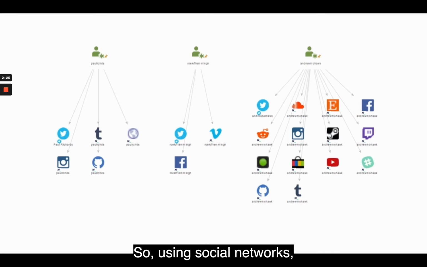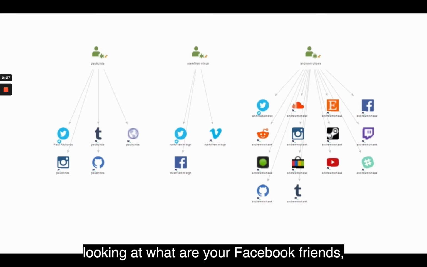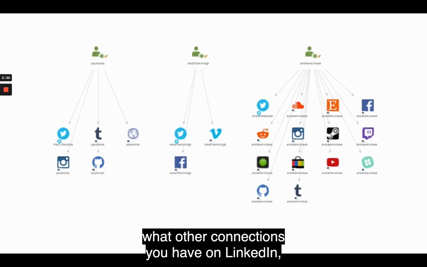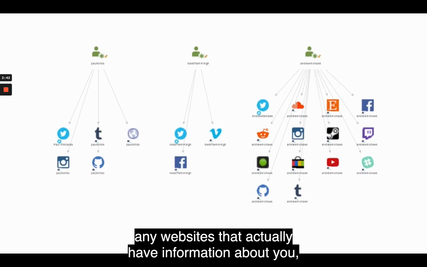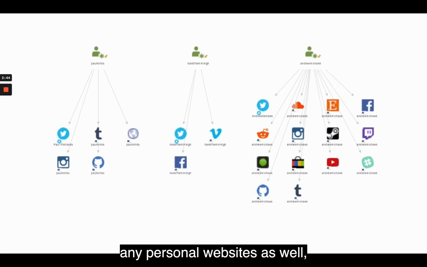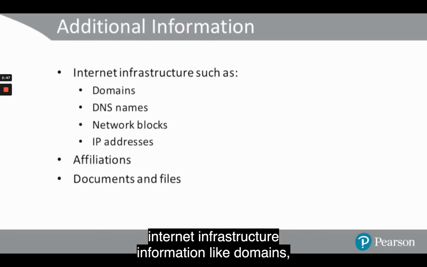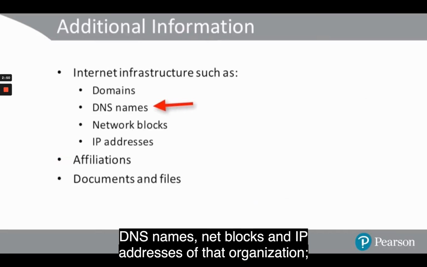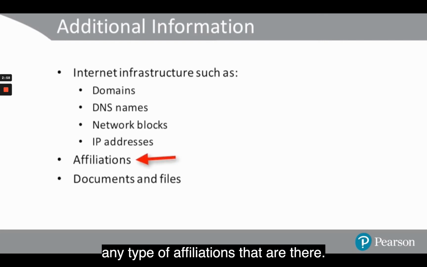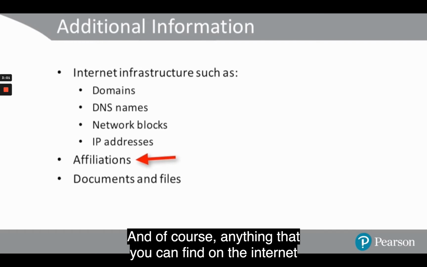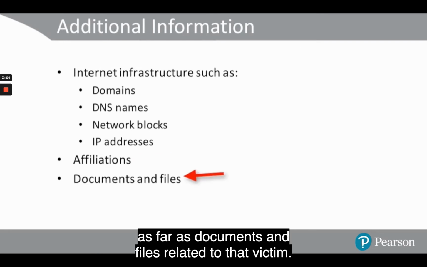So using social networks, looking at what your Facebook friends are, what other connections you have on LinkedIn, who you interact with on Twitter, the companies that you have worked for, any organizations that you belong to, any websites that have information about you, any personal websites as well, internet infrastructure information like domains, DNS names, netblocks, and IP addresses of that organization, and then associating that with the specific users, any type of affiliations that are there, and of course, anything that you can find on the internet as far as documents and files related